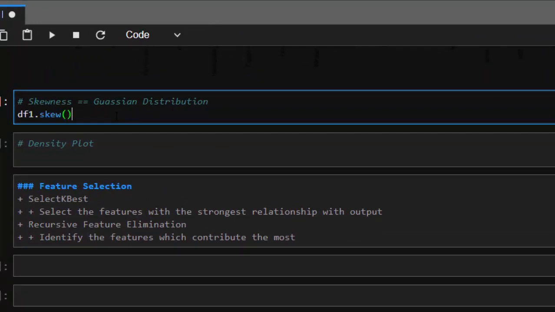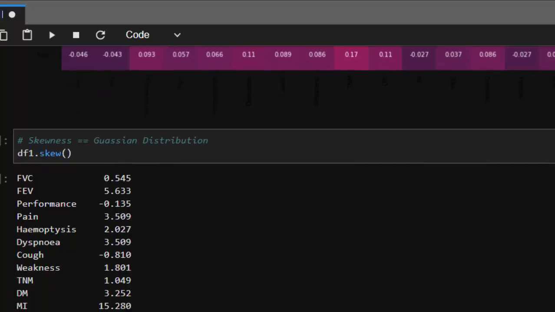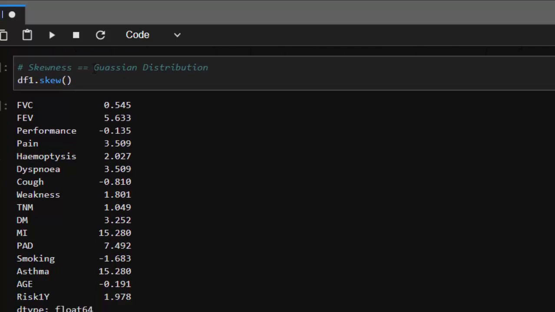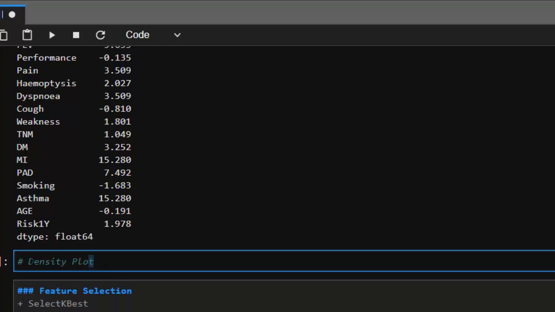Skew, and I'm going to check for us. So the skewness: if it is positive, then it is on the right. If it is negative, then it's on the left, like the graph that we have, the Gaussian distribution or the normal distribution. Skewness is not necessarily equal to Gaussian, but that's what I'm trying to understand. Then 0 means this close. Okay, now you can also do density plots, which can be df, but we can do a density plot if you want, to understand it. Okay, now let's move on to